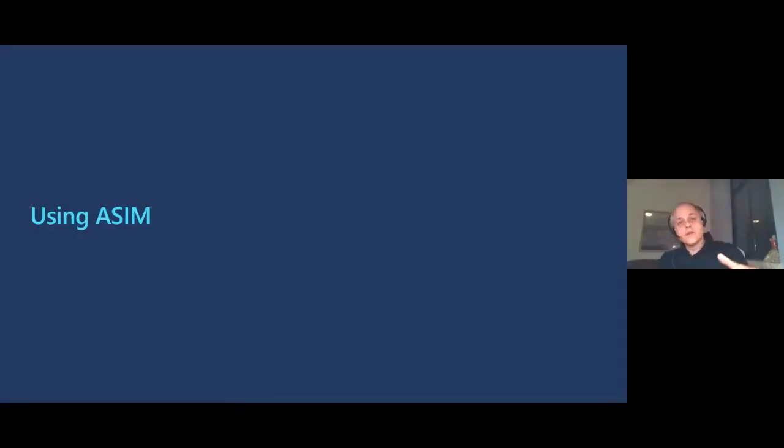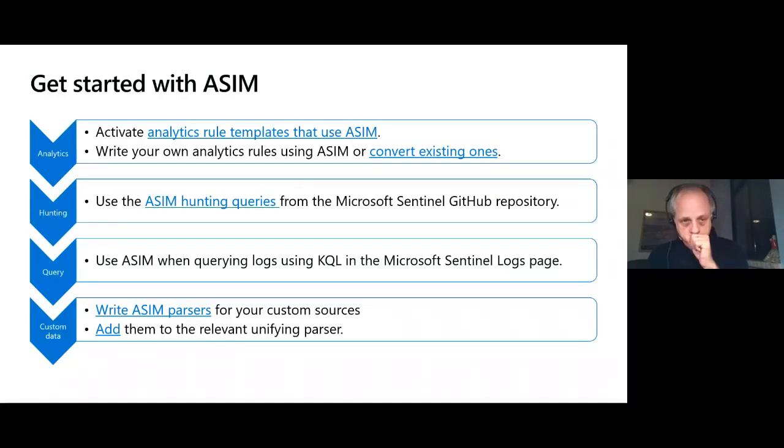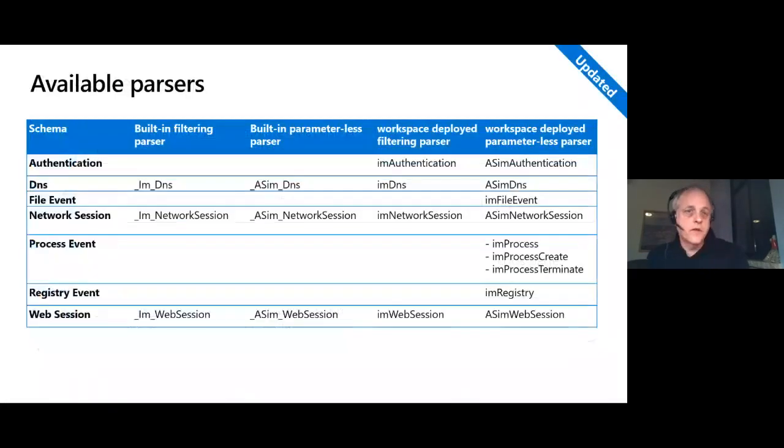So we did a demo. You saw a bit about how to use ASIM, but let's go into the details and see how it works in real life, step by step. So first of all, you need to start with the view. The slide here, which you'll get as part of the slide deck that you'll receive, and is also available in the documentation I pointed out earlier, is the view. You need to start from the relevant view. You see that we have 3 built-in schemas, network, web, and DNS, and another 4 schemas that you will need to use the workspace-based